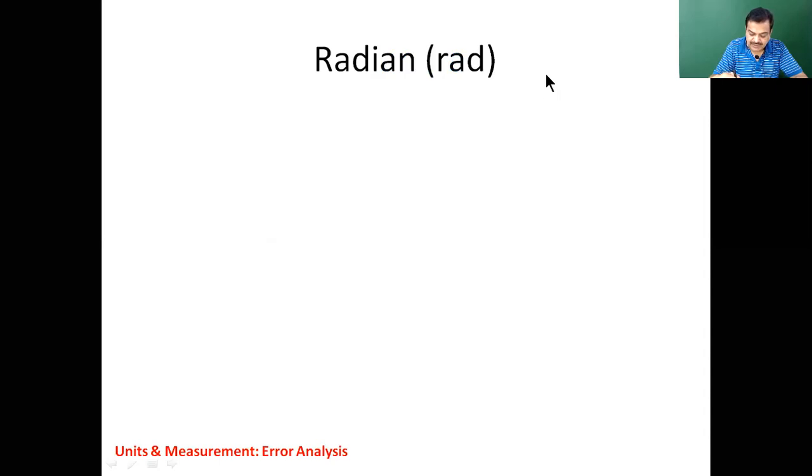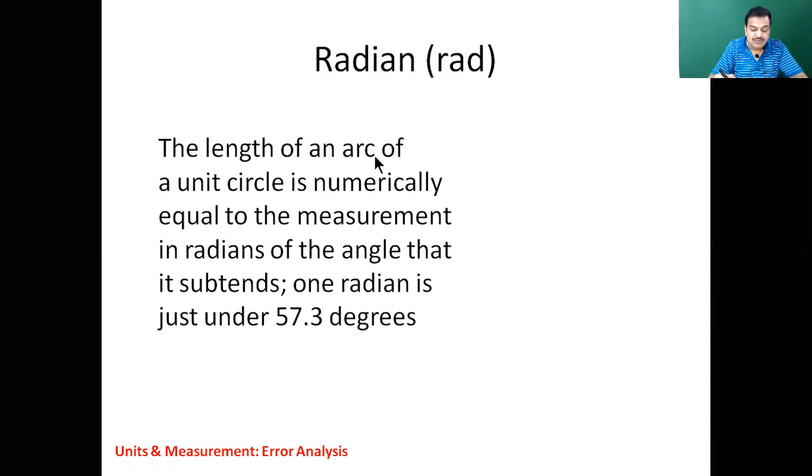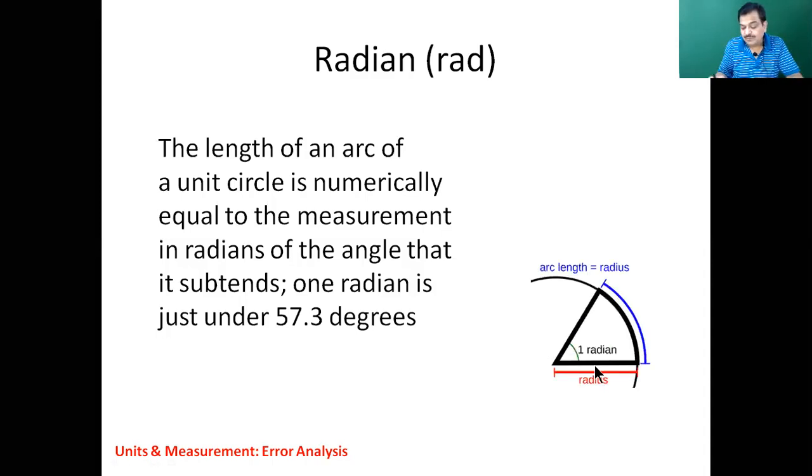Now we come to the angle, that is radians. Angle is measured in radian. I told you the length of an arc of a unit circle is numerically equal to the measurement in radians of the angle that it subtends. 1 radian is just 57.3 degrees. The length of an arc of a unit circle is numerically equal to the measurement in radians of the angle that it subtends. 1 radian is just, ये मैंने आपको पहले भी दिखाया था, देखो बेटा 1 radian. यहाँ पर फिर देखिए,